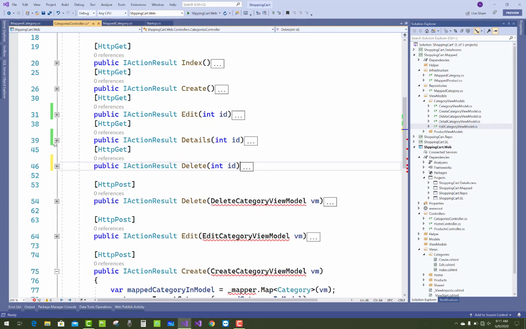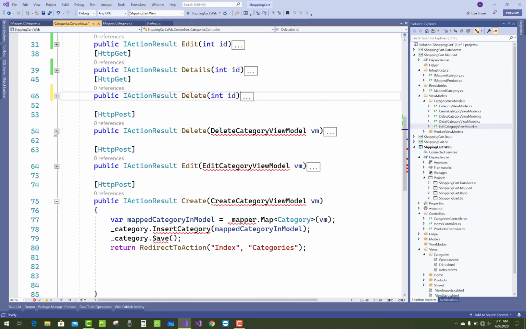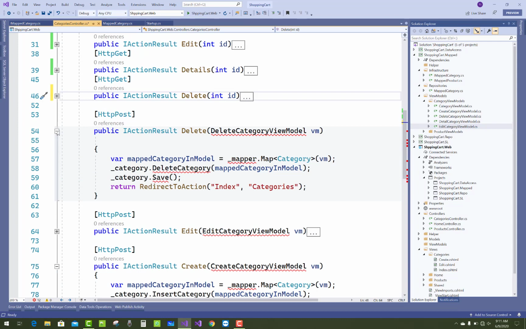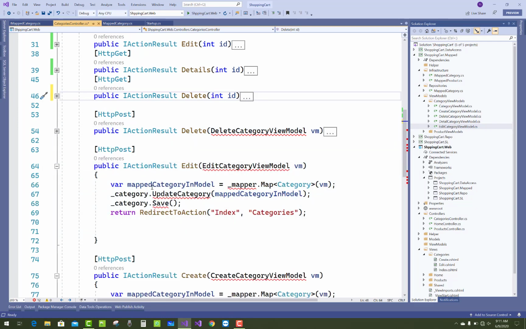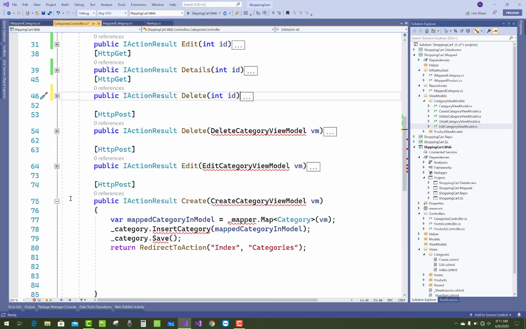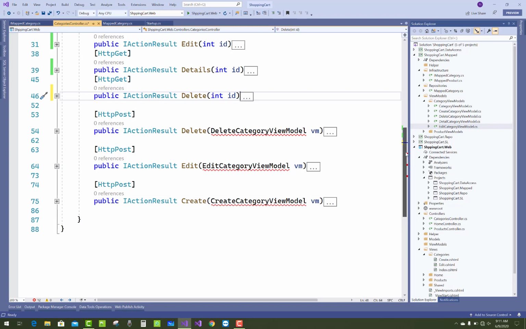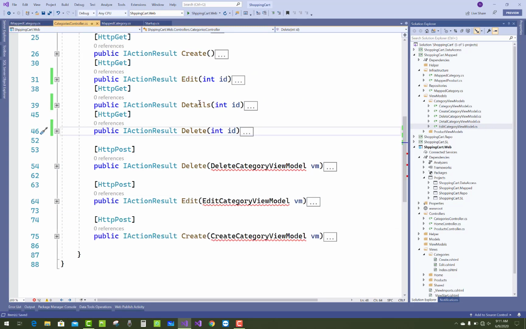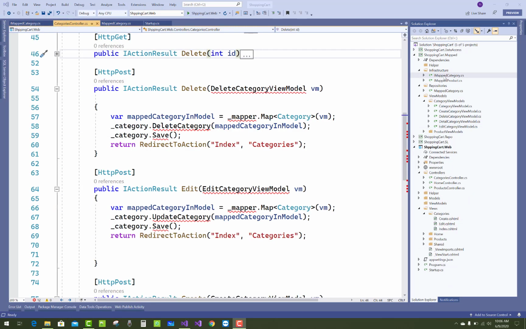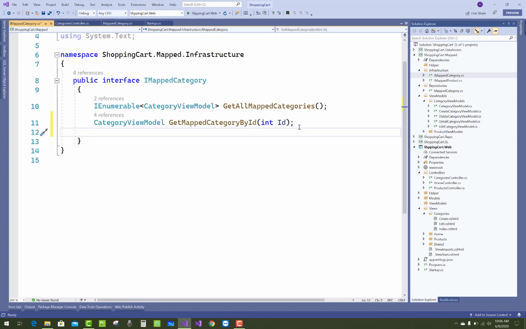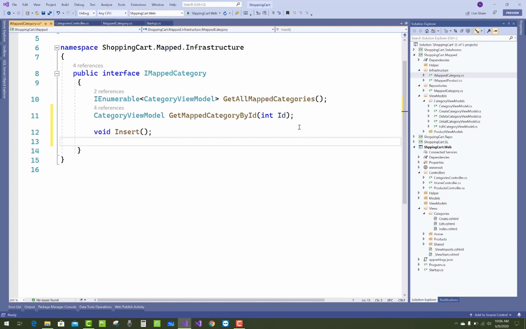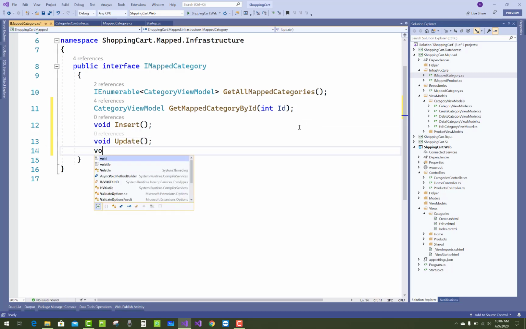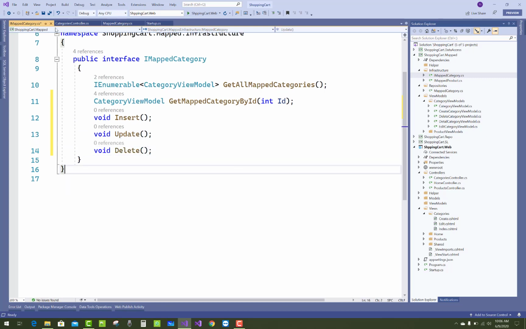So that is the post section of delete, and the post section of edit, and the post section of create. First of all, add three methods in the interface: insert, update and delete, and in them you can pass the respective view models.